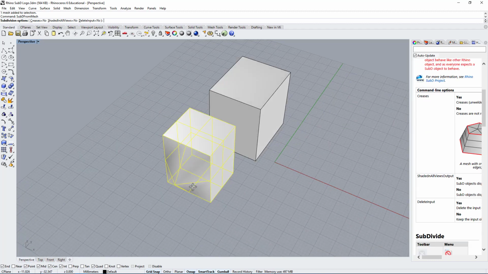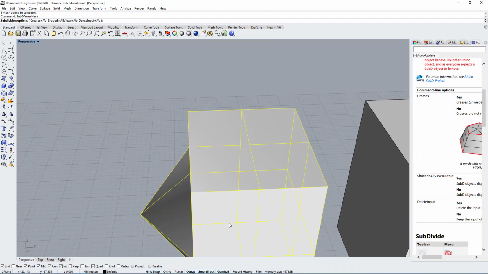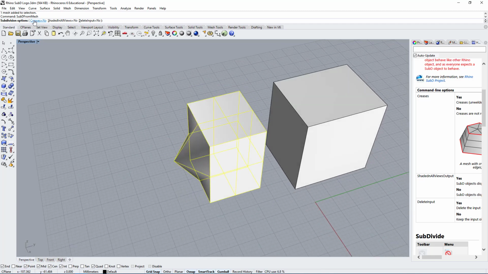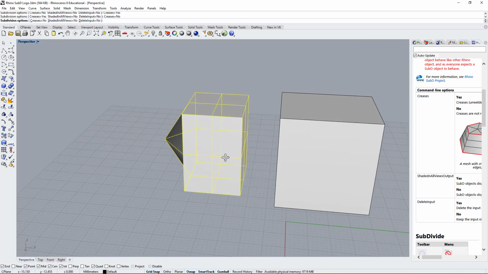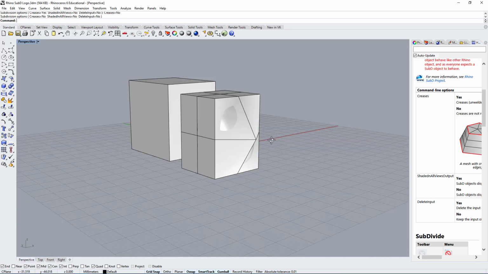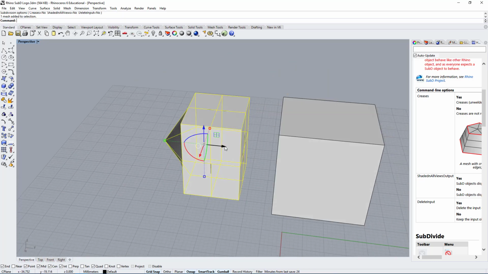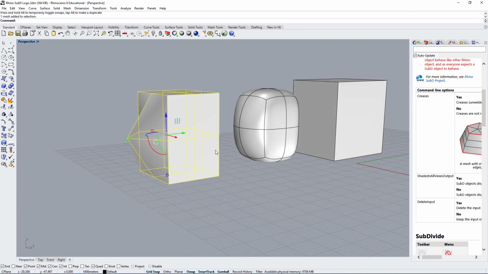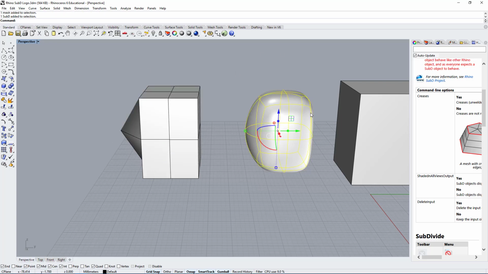There are many ways to use SubD, but let's just jump straight into it and I can show you how to use this type of modeling. So we will use Crease, yes, actually let's say no for this one, Crease no, and that's it, that's all we're going to do. In this case we are converting a mesh to a SubD object. Let's press enter, and it seems like my settings are not really set up correctly. It's not what I wanted. I wanted to delete the mesh and get this object.